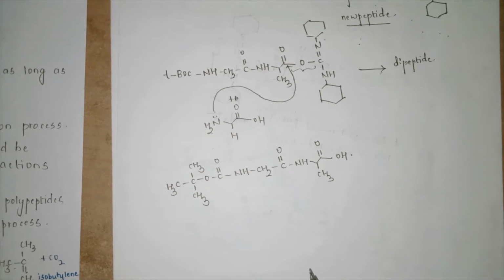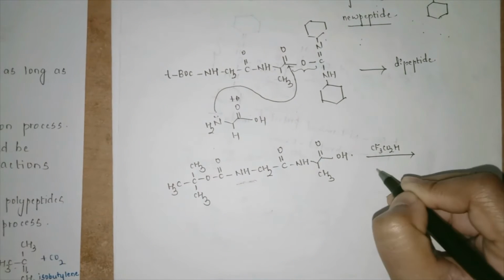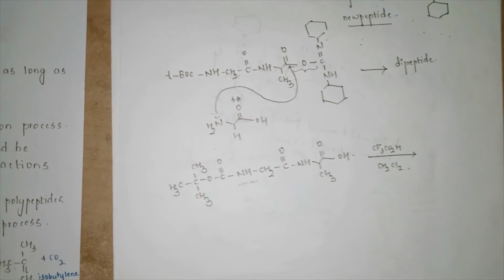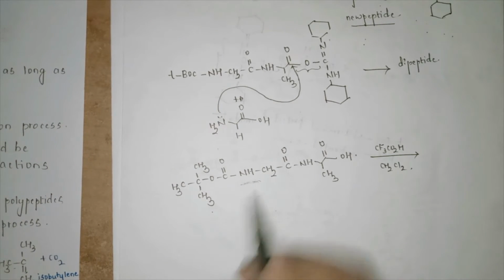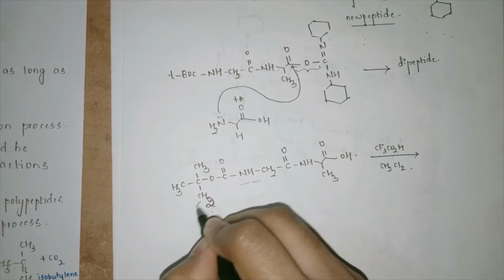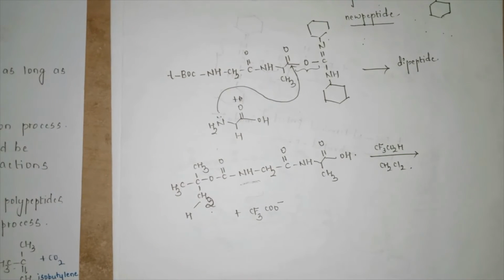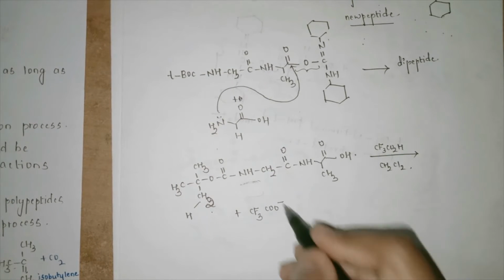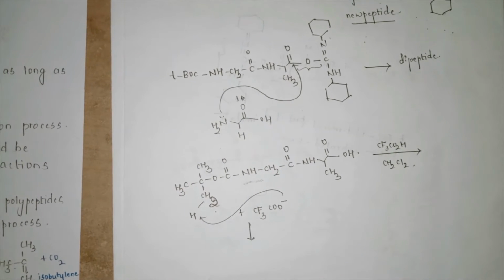Now the next target is to release this N system. So how can I be doing this? This in the presence of trifluoroacetic acid and DCM. So the mechanism is something like this. We have got a CH3 over here. Now this is an N protected TBOC system. Can I not write it as CH2 and H over here? The trifluoroacetic acid system can be written as COO minus. Now this COO minus will abstract this particular proton, so that I will be getting CH3, CH3, double bond CH2.